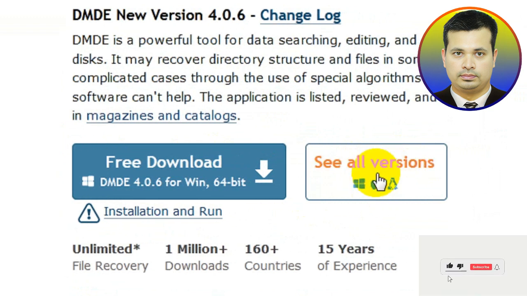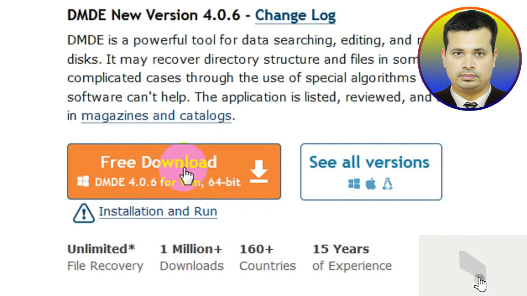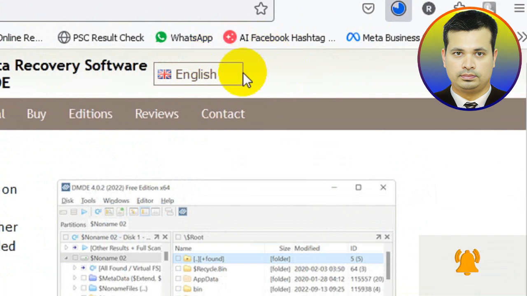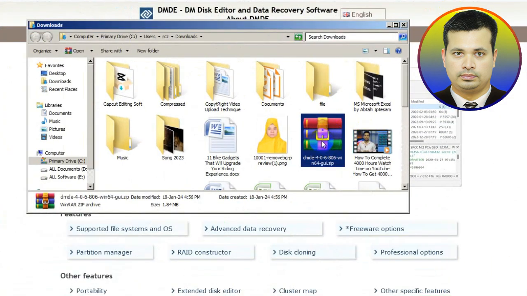Okay, so I want the 64-bit Windows 7 version, so I click on here. If you have a different version of Windows, for example Windows 11 or 10, you click on here. I click on here directly, then the download starts. You see, I do all the things live in front of my audience. Okay, then cut,